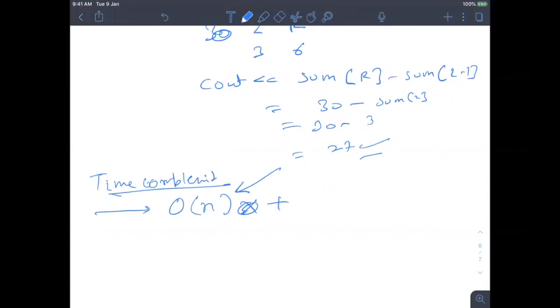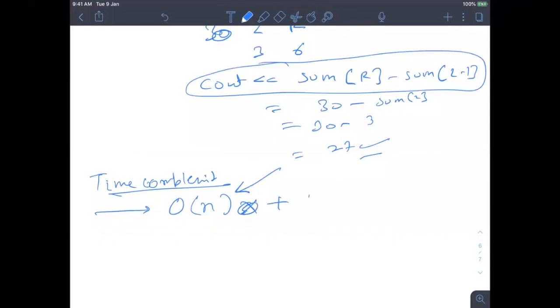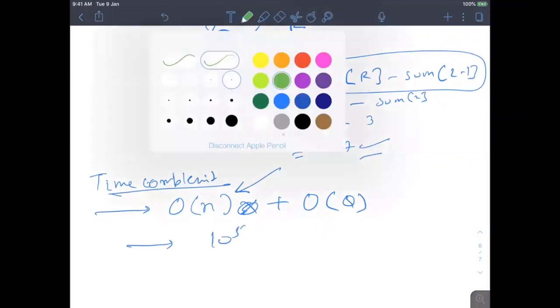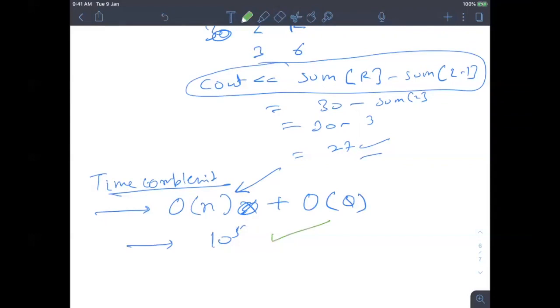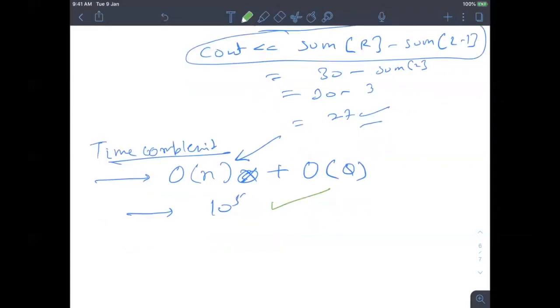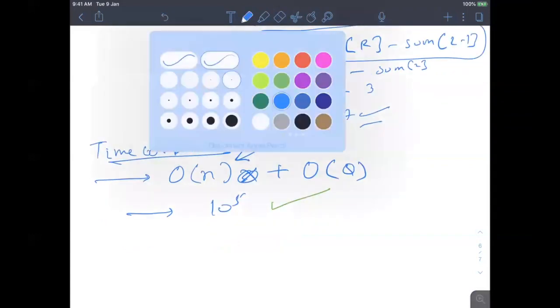Now for every query, you give the answer in constant time, in just one instruction, so it is order of Q. So the overall complexity comes to 10 to the 5, and you will get a green tick, not a TLE. That's how you have to think about the questions.